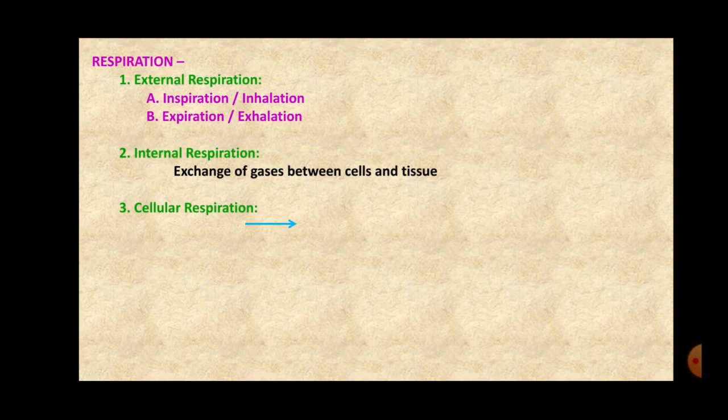It is also called combustion. So this combustion process takes place inside the cell. So the dissolved nutrients like glucose react with the oxygen and get oxidized, and it forms carbon dioxide, it forms water, and it forms energy in the form of ATP, that is adenosine